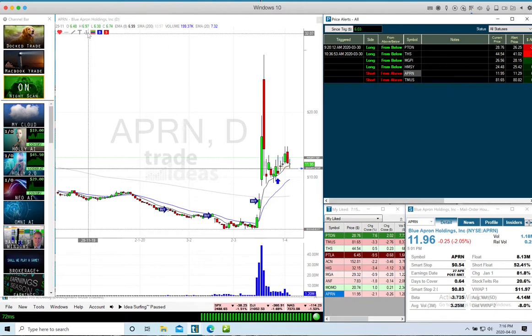Apron. Interesting to note here with Apron, if we look at the VWAP from this big move up, you can see we've actually made it under there. This was on the list last week, but didn't trigger. I was actually looking for it to break into the gap here, but we've kind of grinded up higher here. One thing to note, and I'm interested in, is this